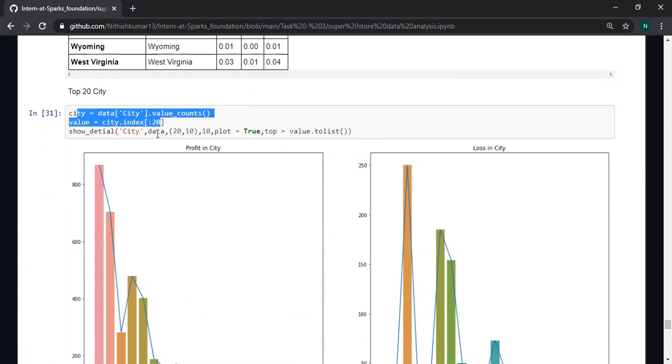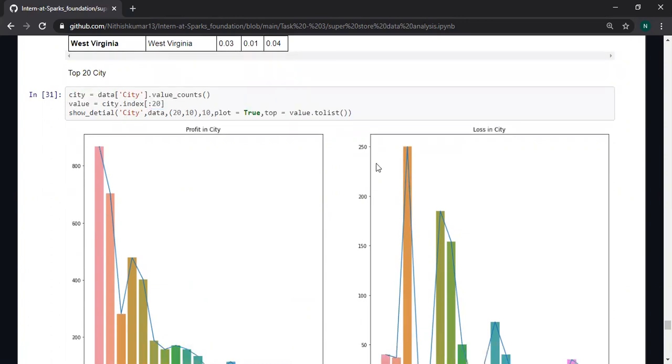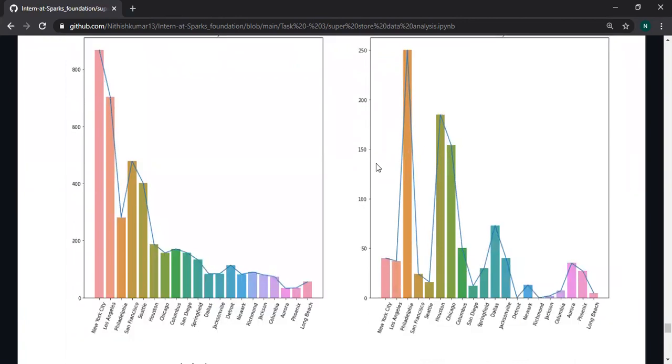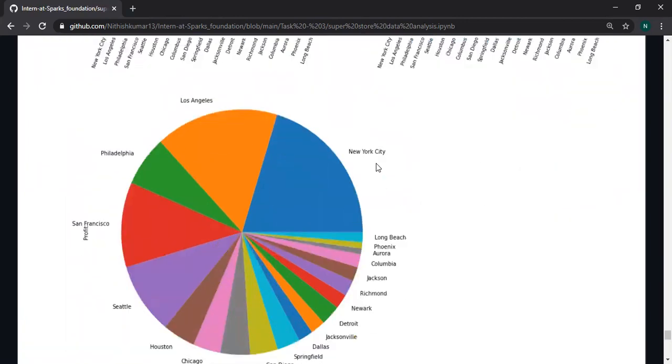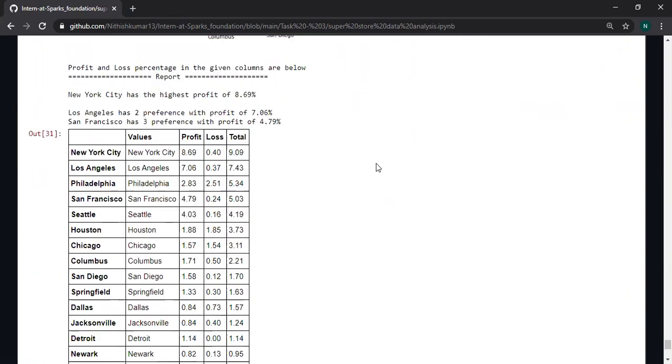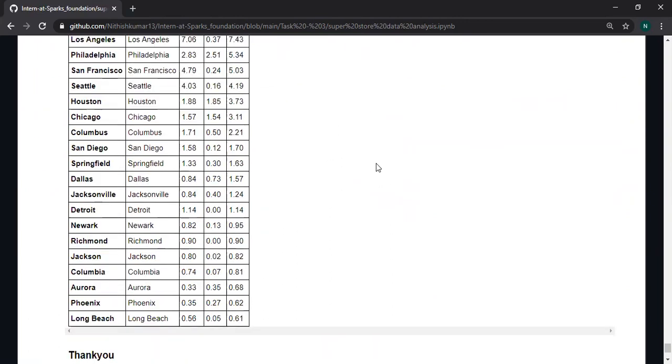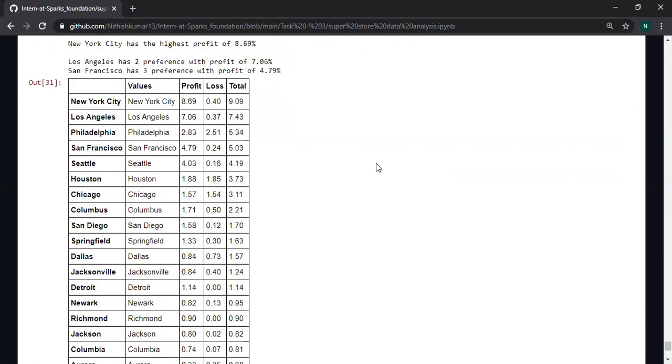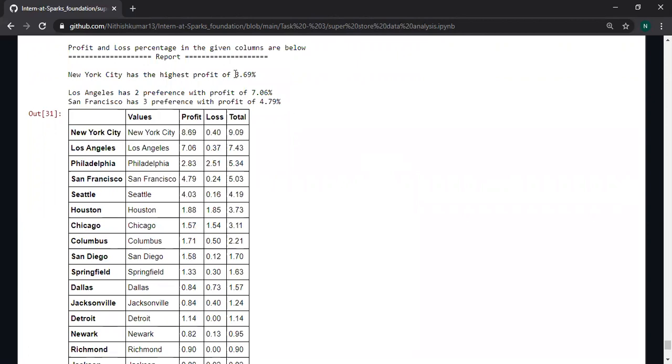These are the top 20 cities which have the highest amount of loss and profit. New York has the highest profit.